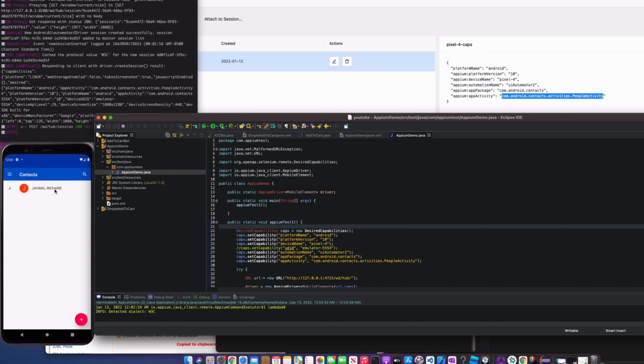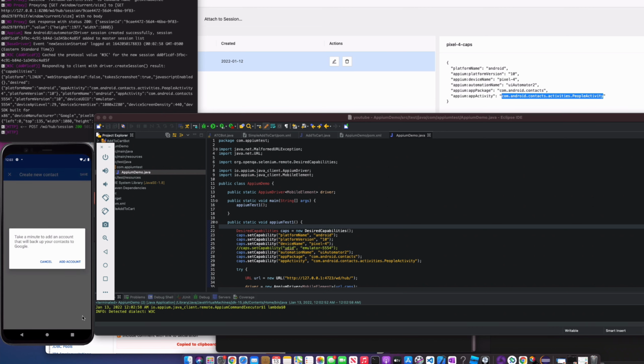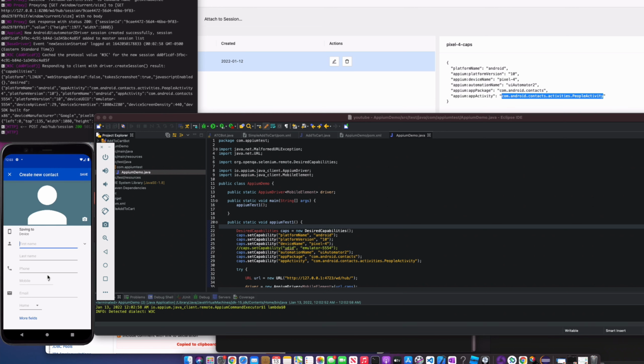All right, so the app loaded to the contacts page, and we still have the contact Jahmal Richard that we created in our previous video. I'm going to end it right here for the day. In the next video, I'm just going to show you how you can create a new contact. You're just going to click some of these buttons like cancel and enter our first name, last name, and the